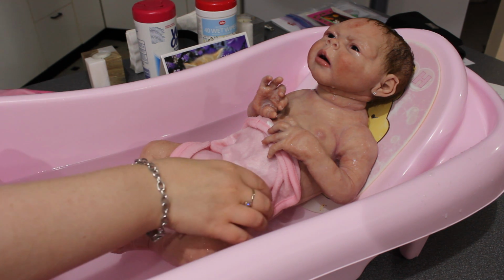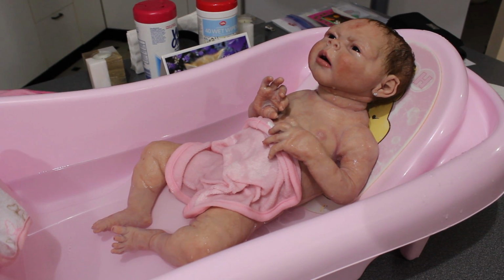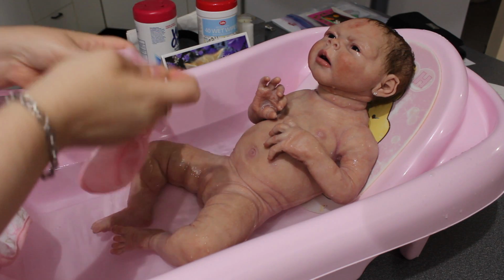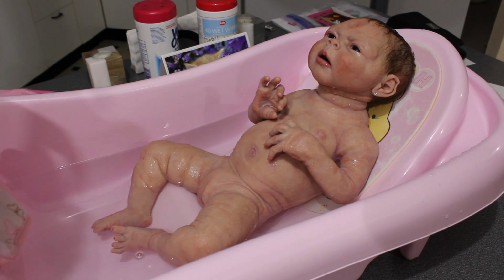And so I'm just going to now lift her out and put her on her towel that's over here. I don't know if you guys can see it. Maybe I'll adjust the camera and you'll see her towel and stuff. I'm gonna get her dried off, and then I need to powder her and get her dressed. So yeah, let's do that. I'm just gonna lift her out, and then I'll switch the camera angle so you guys can see her on her towel. But